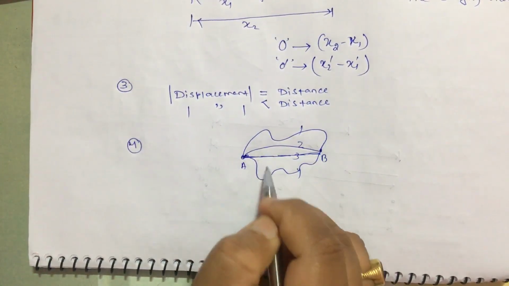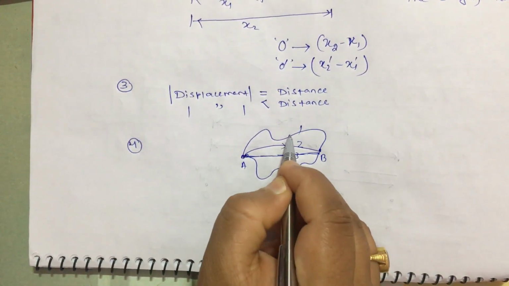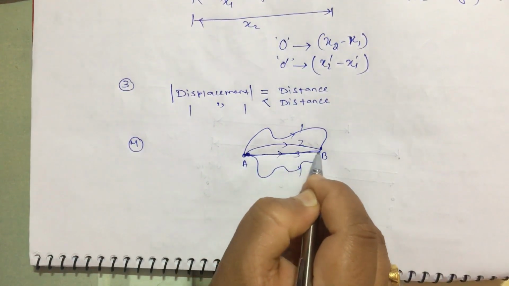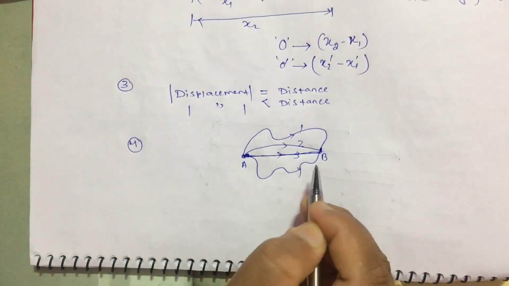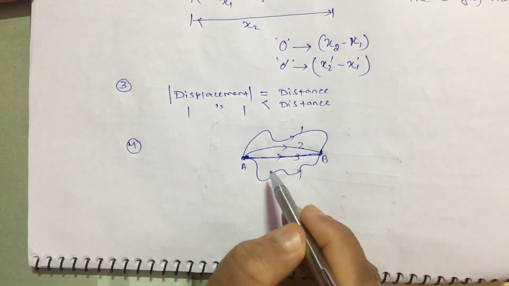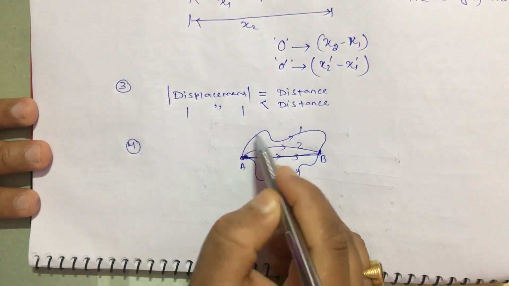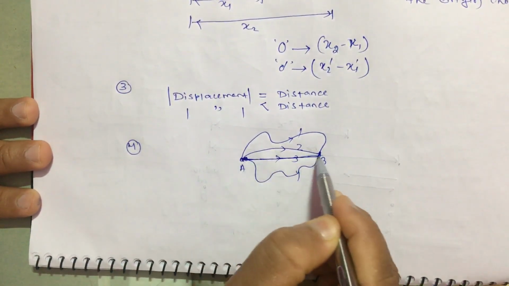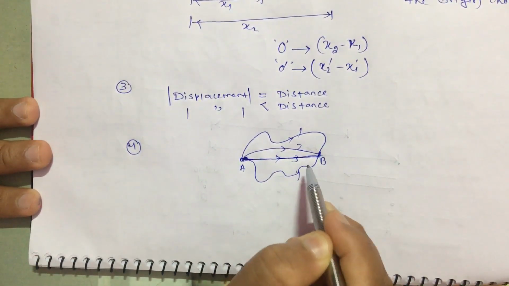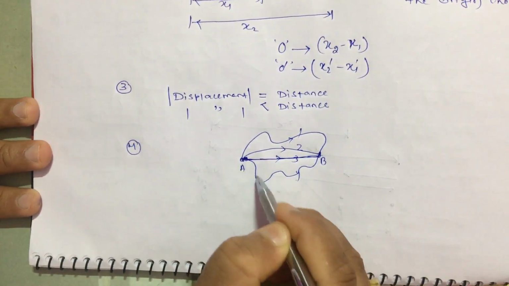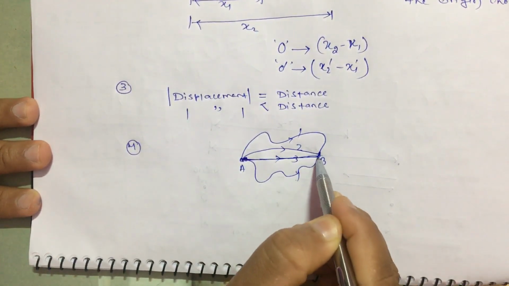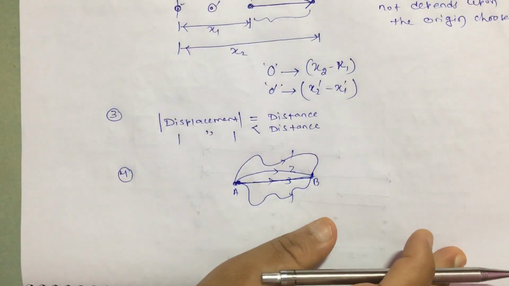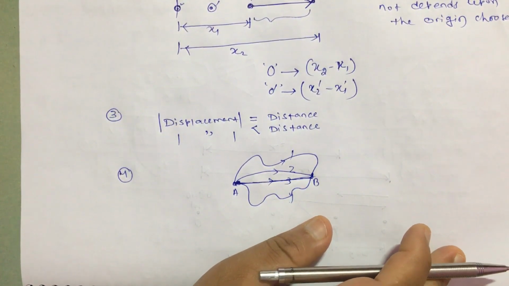However the object has travelled in all the situations does not matter. The displacement is always going to be a straight line from the initial point to the final point, okay. So in the first situation distance travelled is this, but displacement is this. Second situation, distance is this, displacement is this. In the third situation, distance and displacement are the same. In the fourth situation, distance is this, displacement is this. So in all the cases the displacement is the same, and hence it does not depend upon the path travelled, okay.